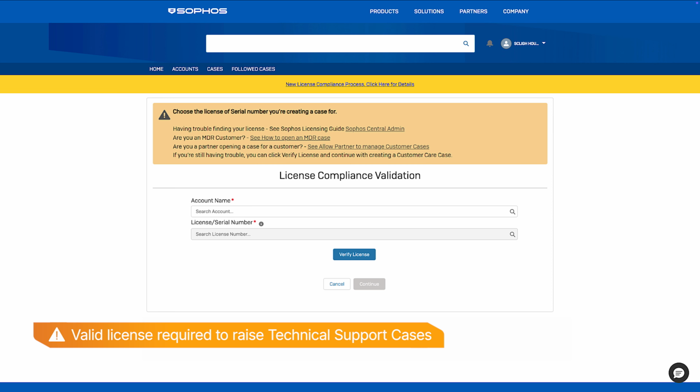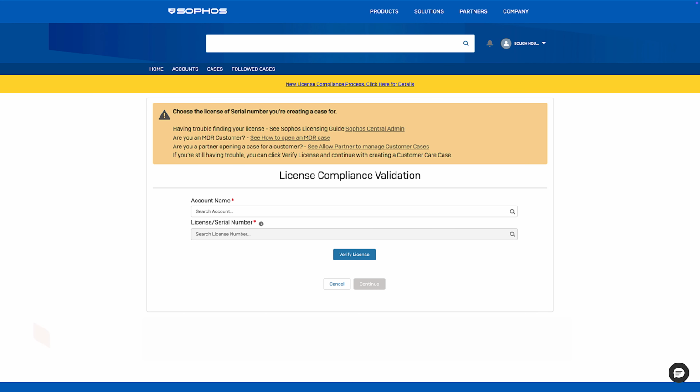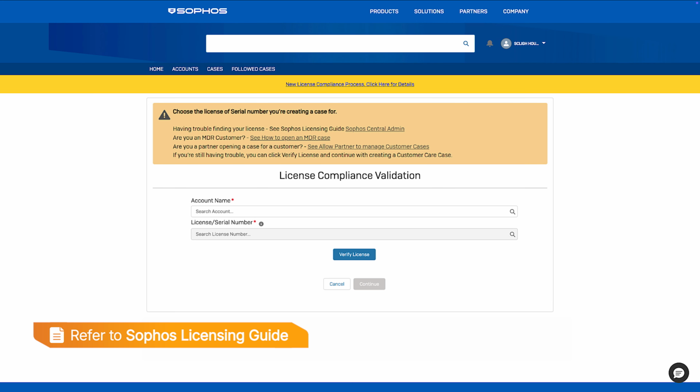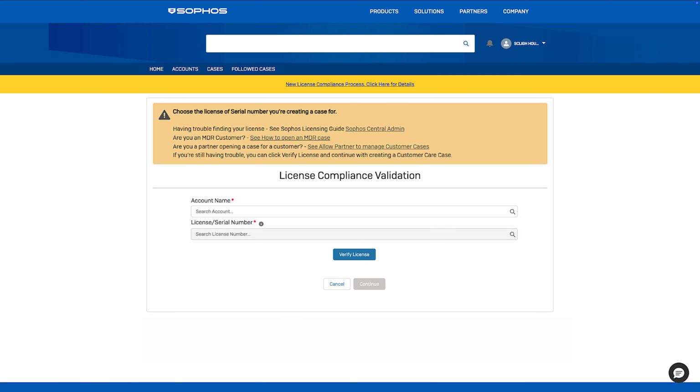When creating a new technical support case, you must provide the license or serial number of the affected product. For help finding this, refer to the Sophos licensing guide, which is linked on the page as well as in the video description. If you're a Sophos MDR customer, follow this link for the steps to create a case.